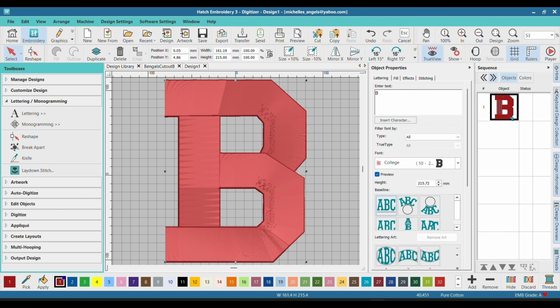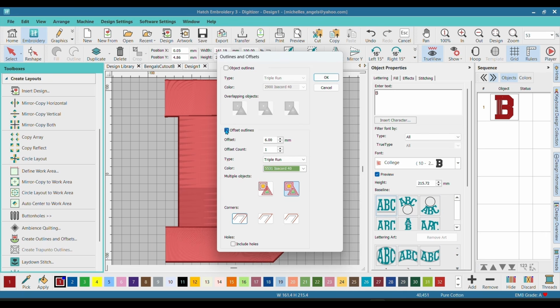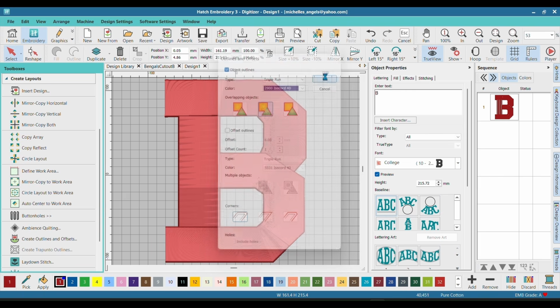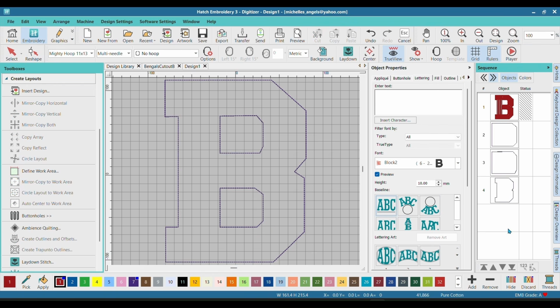Okay. So now what we're going to do is we're going to take this B and we're going to go over here to create layouts, create outlines and offsets, untick the offsets and check the object outline. So this is going to put an outline around your letter. And now we can hide this because we don't need it now. And I hide it just in case if I don't like my cutout, I can go back to my original